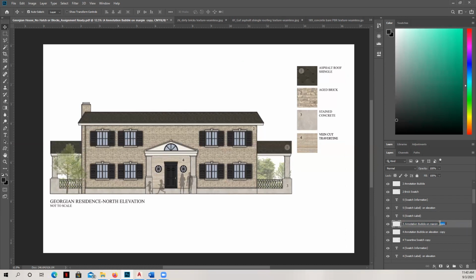We do this because it'll be a lot easier to make changes or adjustments for the designer, but also if, for example, someone steps in to help you with your project, you want to make sure that they want to help you because your labels and things are organized in a way that makes it easy for them. Okay, so we're going to call this 5, and then this is actually not going to be travertine. This is going to be called black paint.